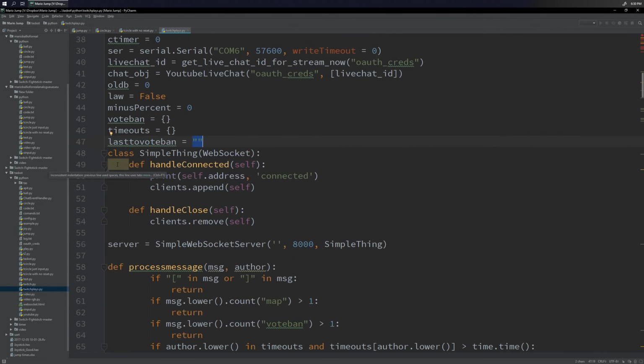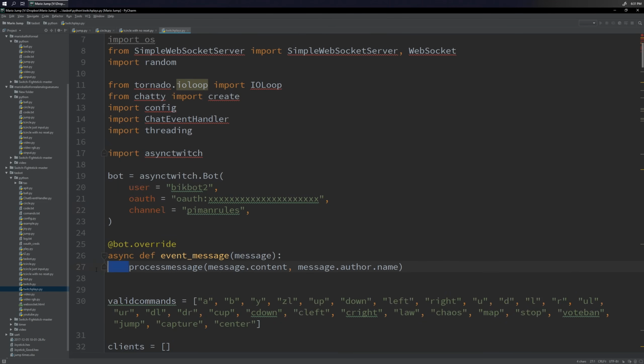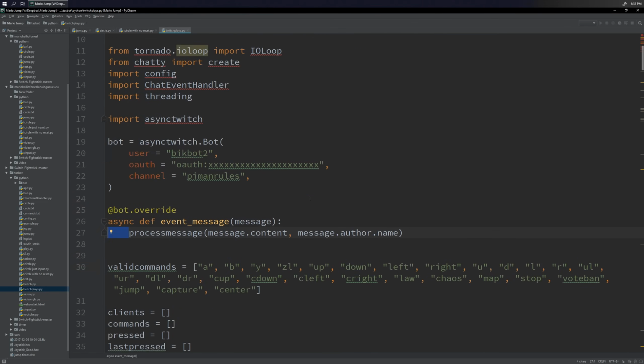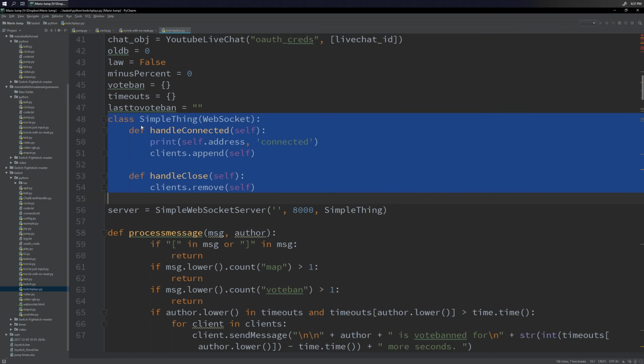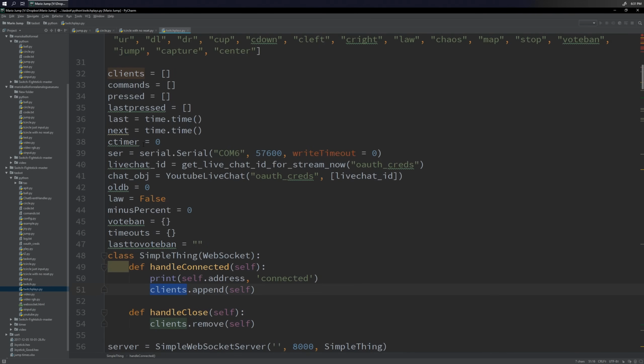This code is indented with spaces, and this code is indented with spaces. That's how you know I copied and pasted it, because I use tabs, like a civilized person. This code is all just boilerplate for the WebSocket server, and clients, which we initialized up here, is just a list of WebSocket clients. Whenever we send a message, we send that to all the clients. Really, we're only ever going to have one client, but we might as well make it a list, so we can theoretically have more than one.